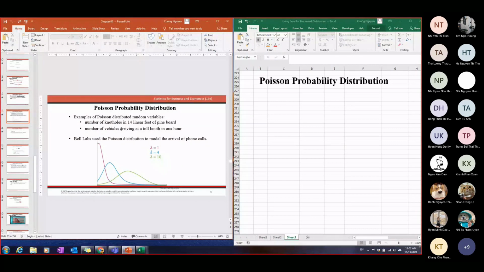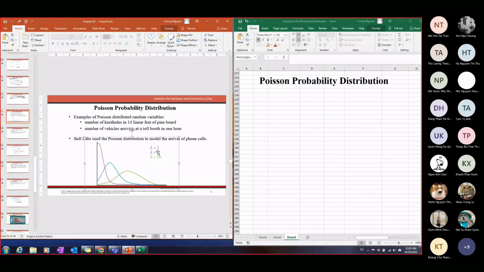So in this way, the Poisson distribution random variable is used for the probability when we want to know the number of occurrences in an interval of time or space. And in this one, we will just deal with lambda. Lambda means the mean value of the occurrences. For example, I say the number of vehicles arriving at a toolbox in 1 hour will be 1. Like on average, just 1 car gets through the toolbox. So that will look this way.